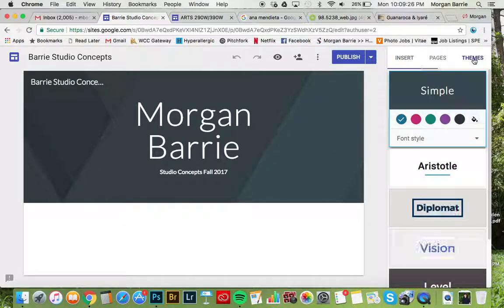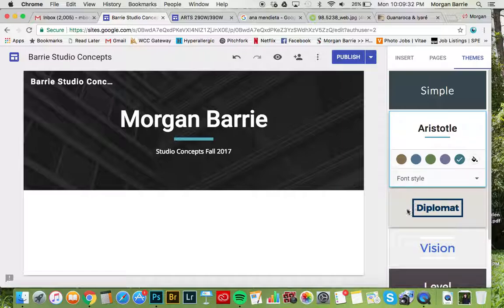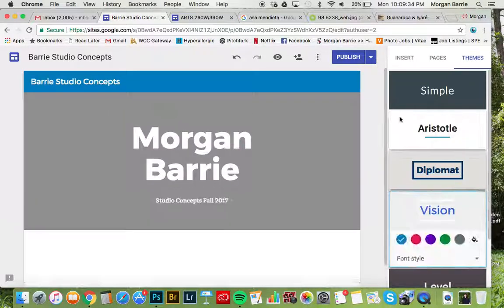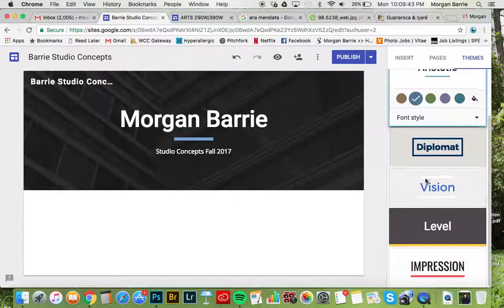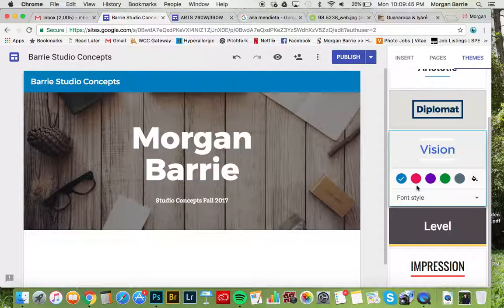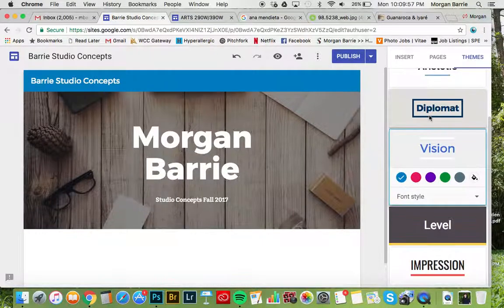So click on Themes, and here you can choose not only a general theme, so when I switch between these you'll see how the font and the layout changes. You can also choose different color themes, you can choose different font styles. For our course website I've used Vision. I think it's one of the simpler ones, but really you can pick whichever one you want, whatever goes with your aesthetic the best. So once you've done that,